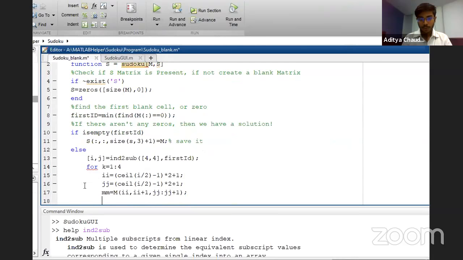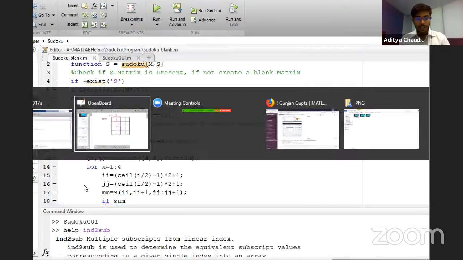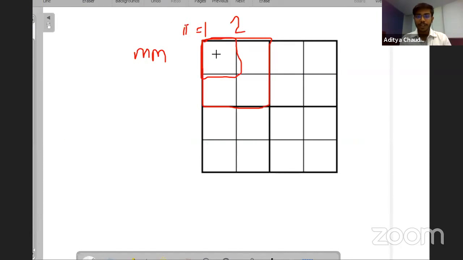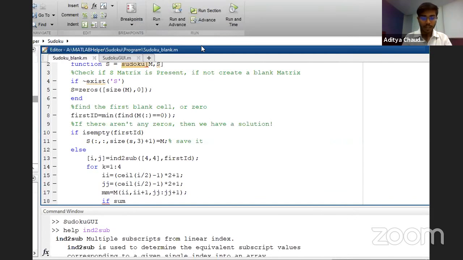percentage. So, okay, and now we'll be checking the condition that both the things, like if there's a number 1 over here, it should not be present in the rows, like it should not be in this column, neither in this row nor in this box. So we'll be checking for these 3 conditions in this if loop.